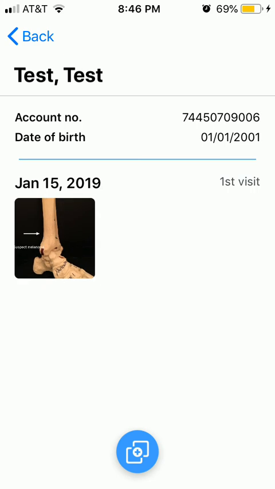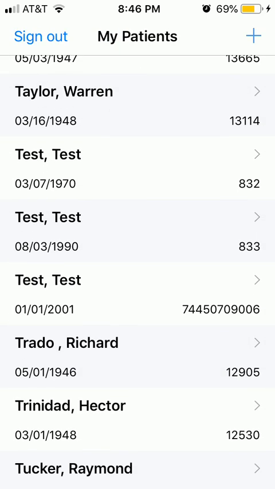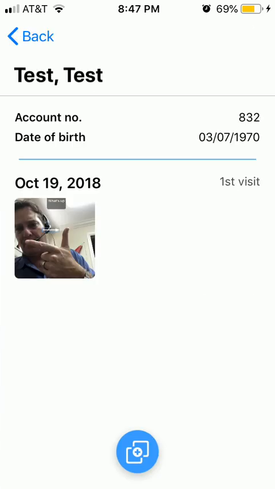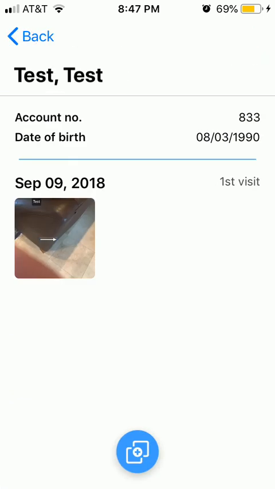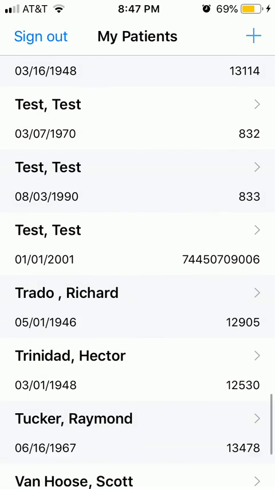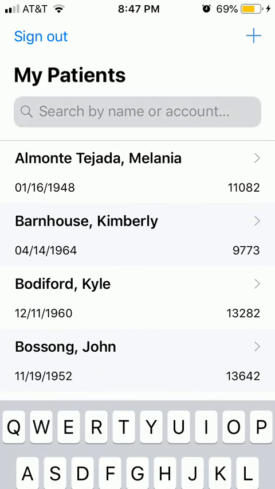So there's options with this image. You can actually forward it to another patient through email or a message if you'd like. You can share images with your colleagues if necessary. And once you're done, you can hit the X at the top left, and that is saved in this patient's small database associated only with the Medipics application, not in your own photo camera roll on your iOS device or Android. You can go back from here,